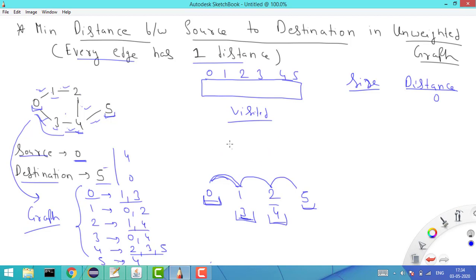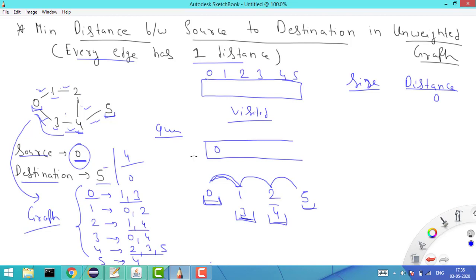Now another thing that we need to take is a queue, because if we are using BFS, then we need the help of the queue. Now we put the source into the queue. What is the source here? The source is 0. You can have any source. Here in this case my source is 0, so that is why I am putting 0. Let's say your source was 4, then you would put 4 here, right? So now put the 0 here.